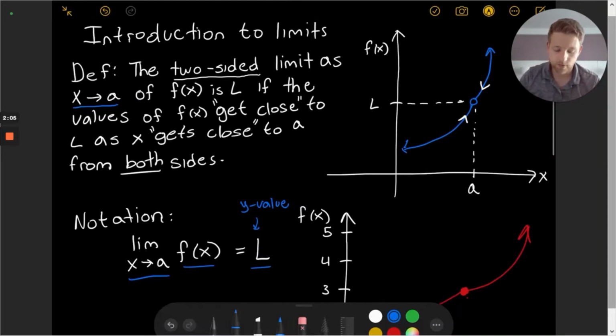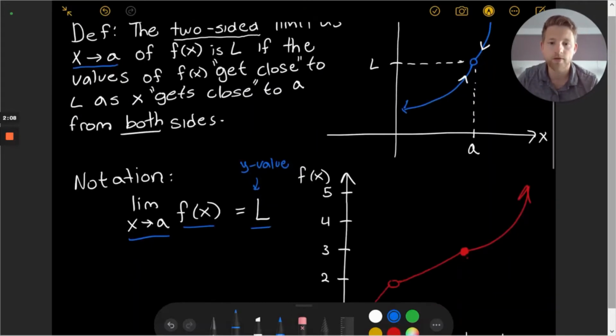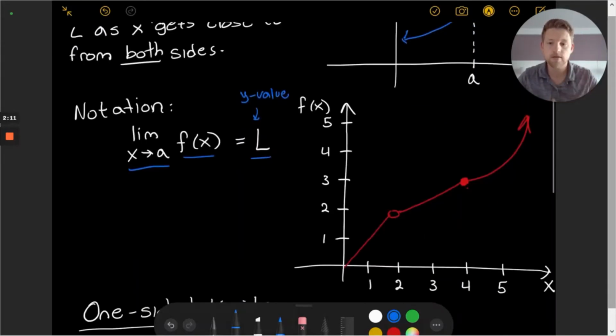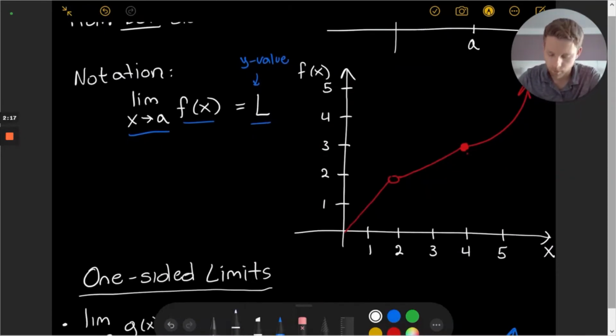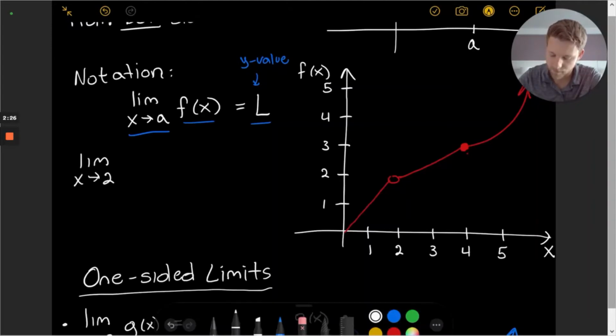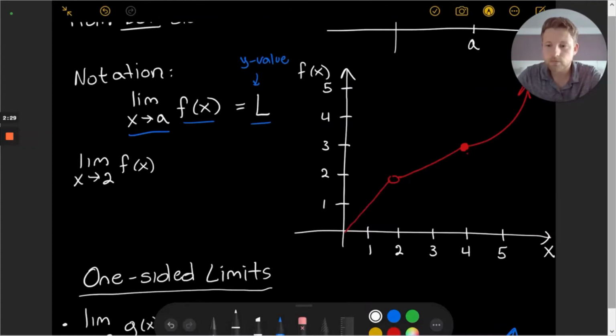If we take a look at the example here with the red graph of f of x, let's consider the two limits at 2 and 4. First, we can say, what is the limit as x goes to 2 of the f of x function? This would say, as I approach from both the left and the right side of 2, what is the function converging or going to? Well, taking a look at our diagram, as we come to the left, we're coming up to this